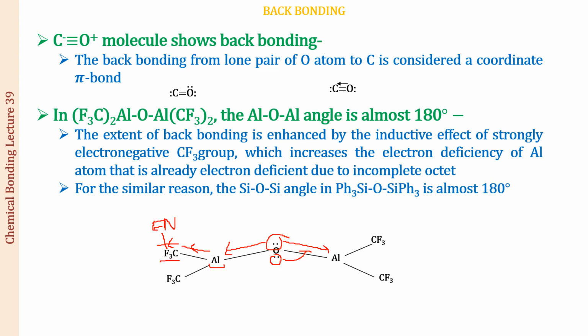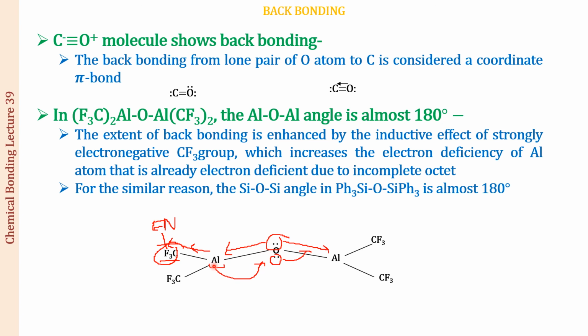And this aluminium, poor fellow, is already electron deficient. Fine. So what is it going to do? Well, it is going to request oxygen, please give me electrons. You have a lone pair of electrons. So the CF3 group acts as a highly electron withdrawing group, by the inductive effect, which you will be learning more about in organic chemistry, do not worry. But this much at least you can understand: fluorine is going to pull the electrons from carbon, carbon is going to pull the electrons from aluminium, and aluminium is going to ask oxygen, please help me. So oxygen does help this poor fellow aluminium, and hence a back bond is formed between oxygen and aluminium